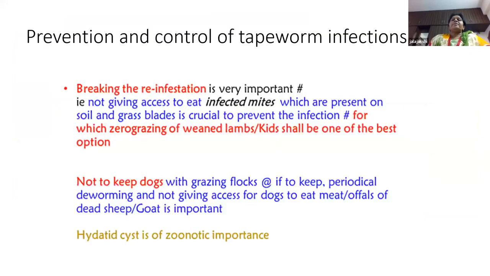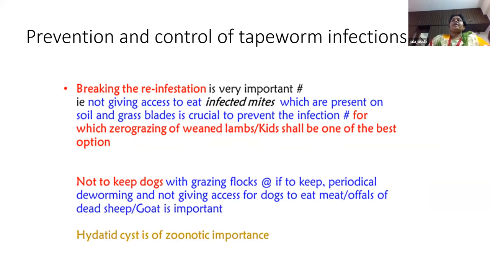Prevention and control of tapeworm infections is mainly through breaking the cycle of reinfection. It can be done through prevention of eating of infected mites present on the grass blades and soil by the small ruminants, which is crucial to prevent tapeworm infection in small ruminants. This can be done through zero grazing of all weaned lambs and kids. And the second thing is to